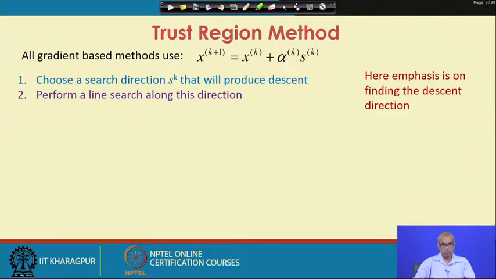So, in case of gradient based method, we choose a search direction S k that will produce descent, then perform a line search along this direction S k. So, here the emphasis is on finding the descent direction.